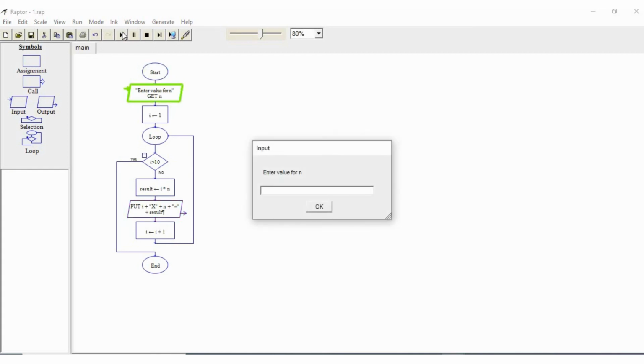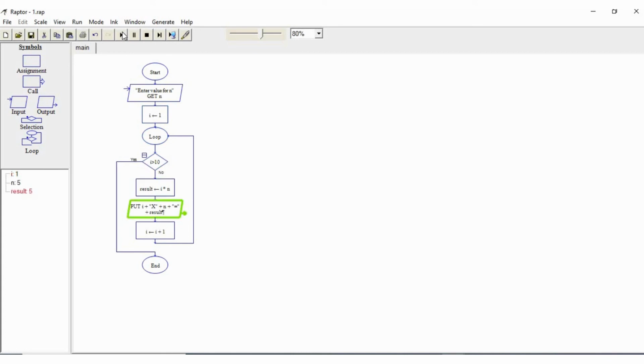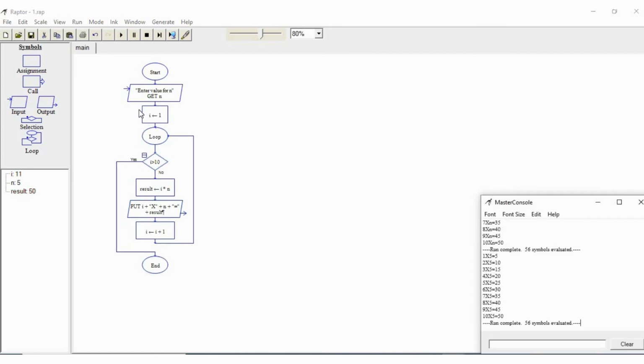You will get the output like 1 into 5 is equal to 5, if the entered number is 5, right? So 1 into 5 is equal to 5, 2 into 5.